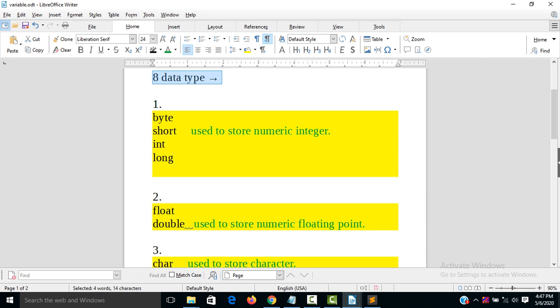The first part is byte, short, int and long. These data types are used to store numeric integer data.